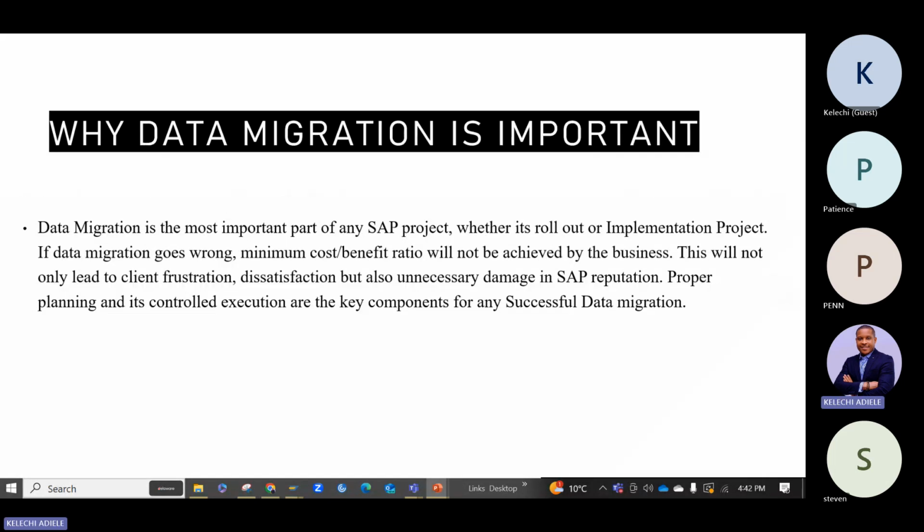Of course, data migration is important. That's how you move information from one system to another. Yeah, and it's also a very important part of my project. So during the explore phase,